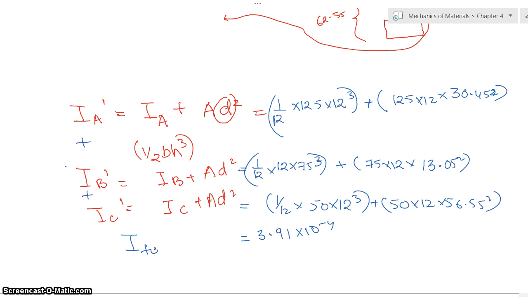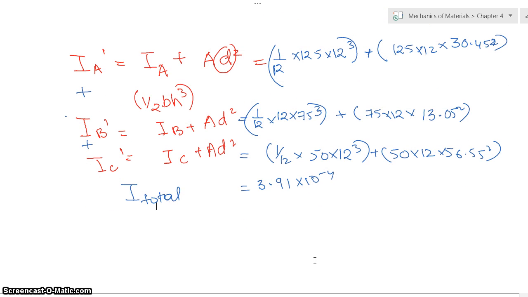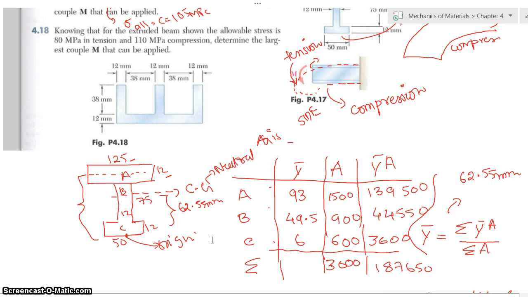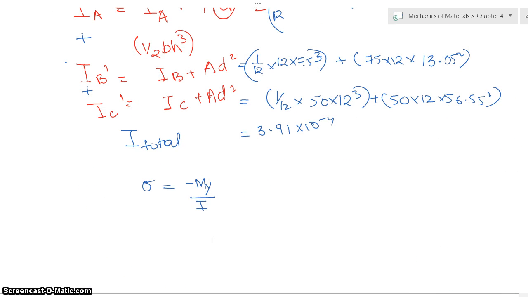Next I have to find the sigma, where the equation is sigma equals minus My over I. Now for sigma minus, let's put for compression,